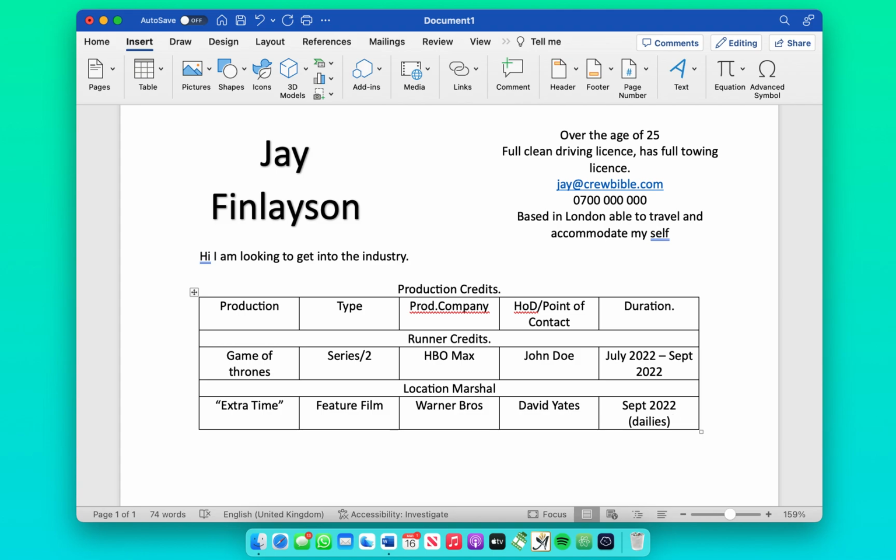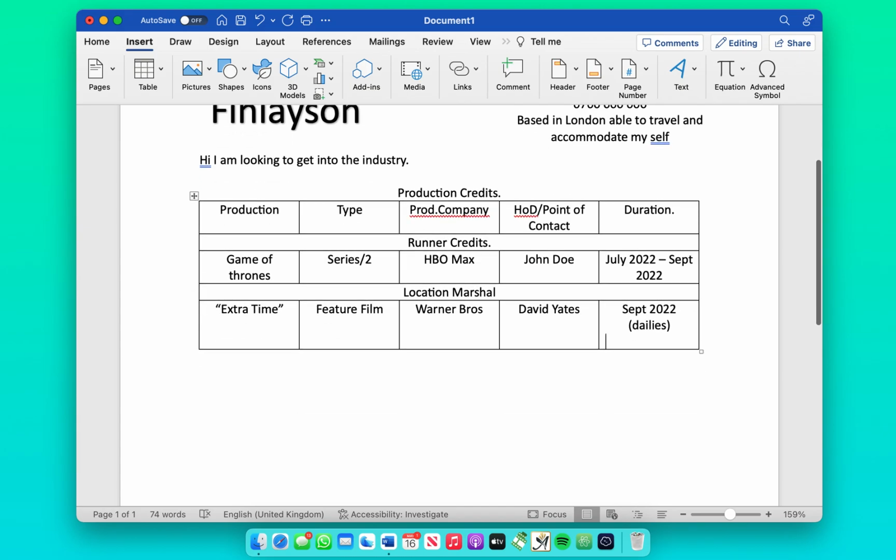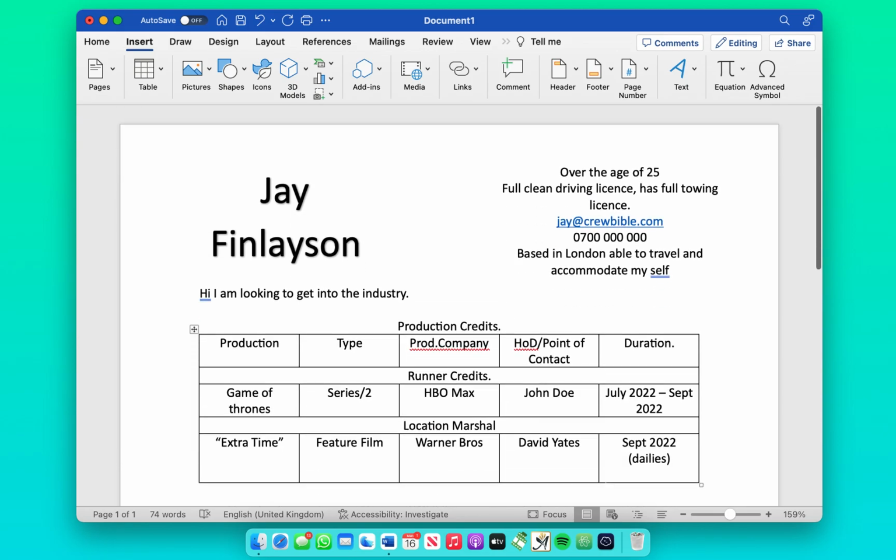So they know you could be either uncredited or you only did a day or 2 weeks. And I'll give a leeway, so when you have another job in September 2022, you just keep it there. It's just duration. Yep. So that's how you do a simplistic CV on